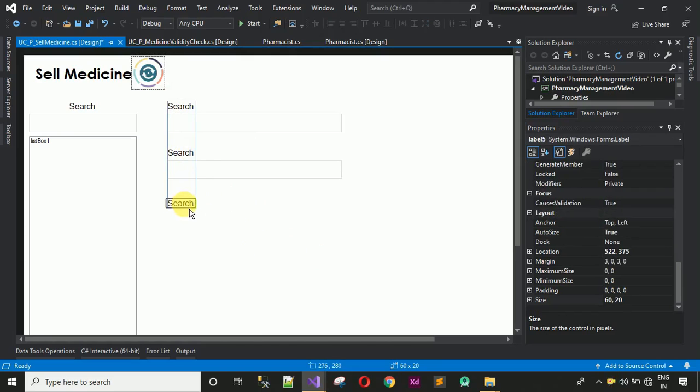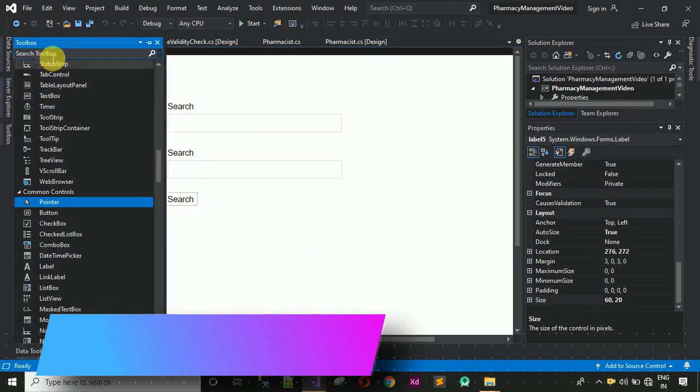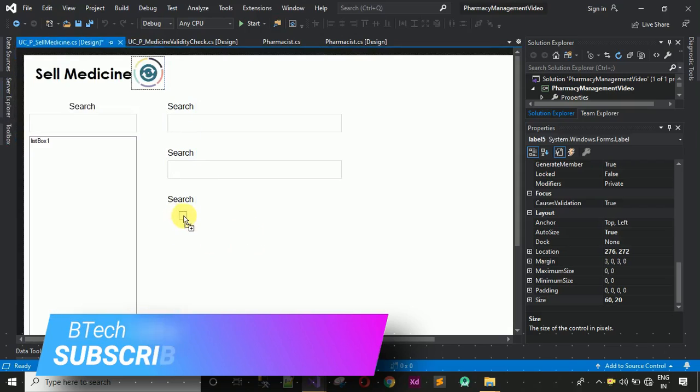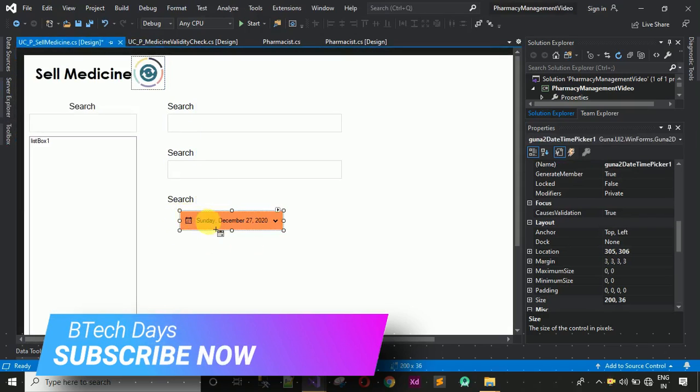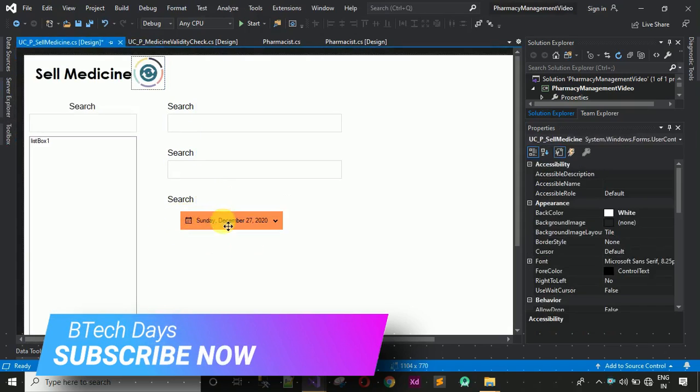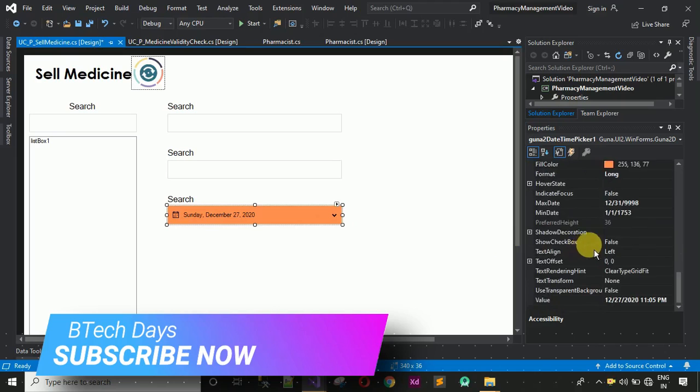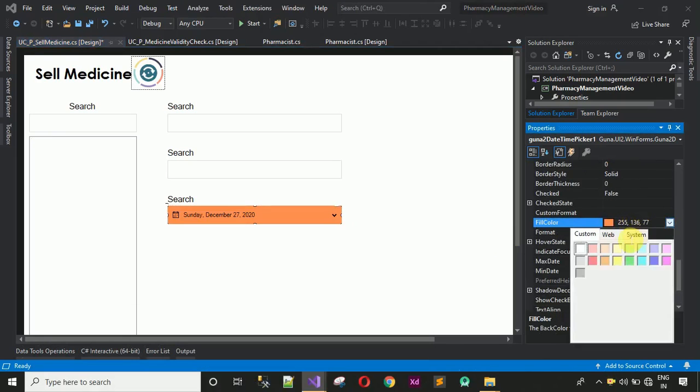Paste it over here. And what we have to do is we have to add one date time picker. So I'm going to add this one, the Guna 2 date time picker, and I need one, so I'm going to delete the other. We have to increase the size like this, and what we have to do is we have to change the fill color to white